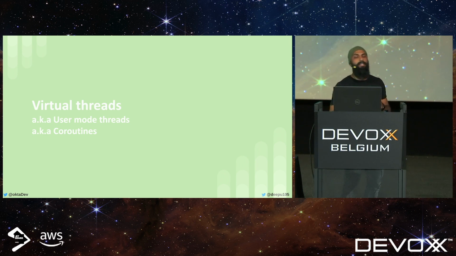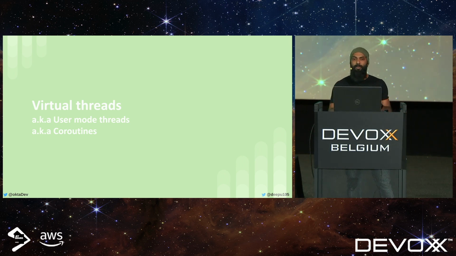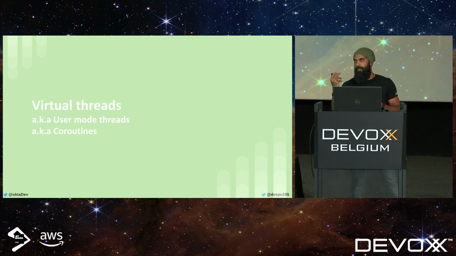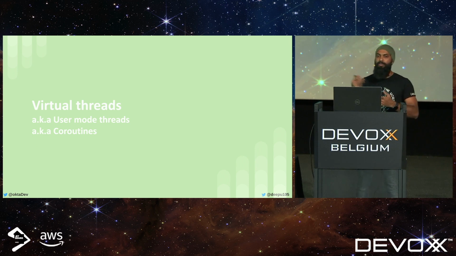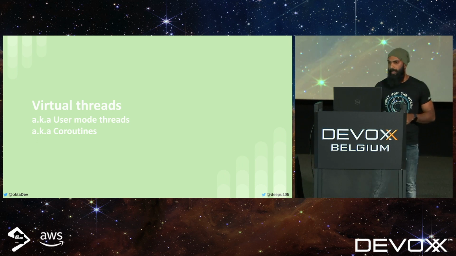Virtual threads are lightweight threads that are not tied to the OS threads, but are managed by the JVM. You might be familiar with similar features in other languages like user mode threads or green threads or coroutines, like goroutines, for example. I think goroutines are one of the most popular examples of coroutines, and one of the strongest selling points of the Go language, right? And there are also coroutines in Kotlin, which is a similar feature. This is a preview feature in Java 19, which means you need to enable the preview flag to compile and run it.